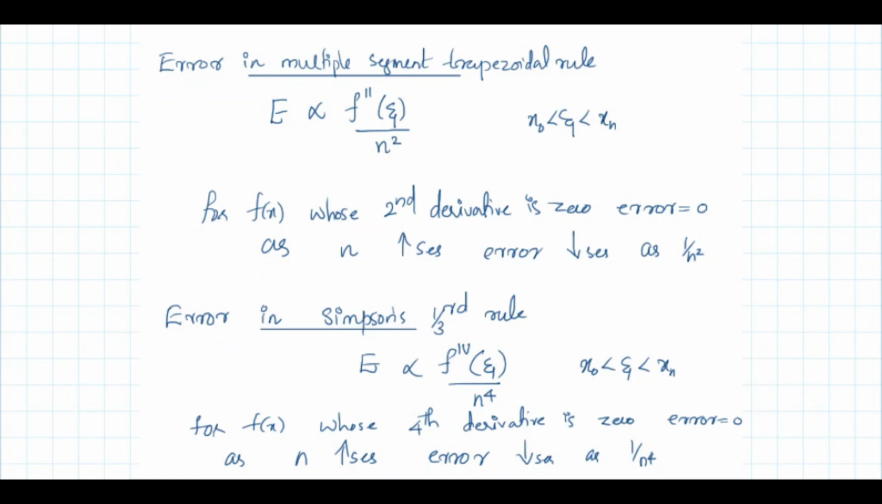So this theta is an arbitrary point between x0 and xn. Okay, so error is proportional to the second derivative. That is the first point in the case of the multiple segment trapezoidal rule. Second, error is inversely proportional to the square of the number of segments. As the number of segments increases, error will decrease. In the case of Simpson's 1/3 rule, error is proportional to the fourth derivative of the function, again evaluated at an arbitrary point, and it is inversely proportional to the fourth power of the number of segments. Okay, so that is all about